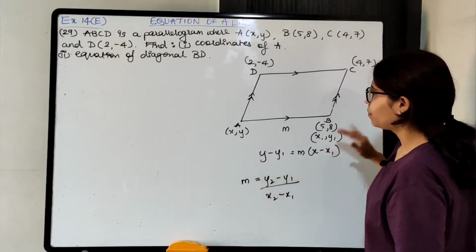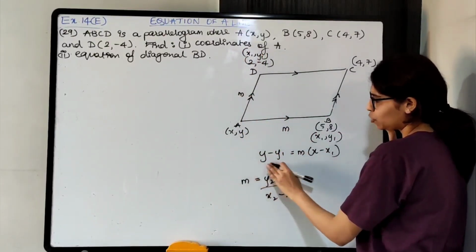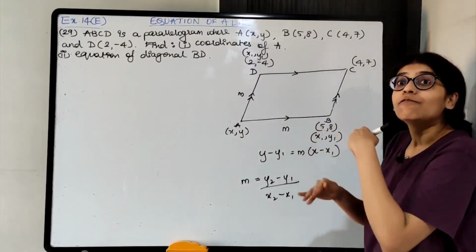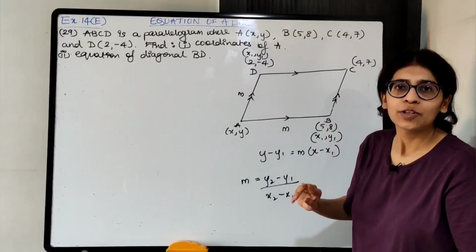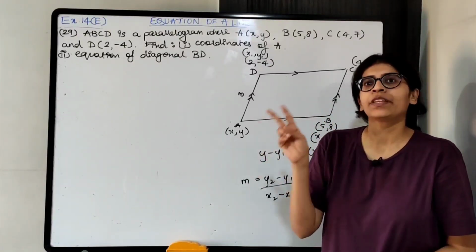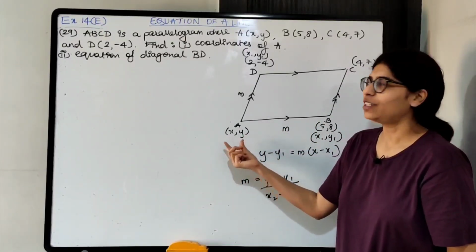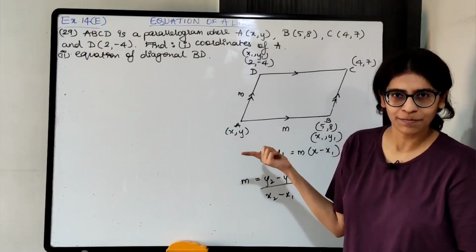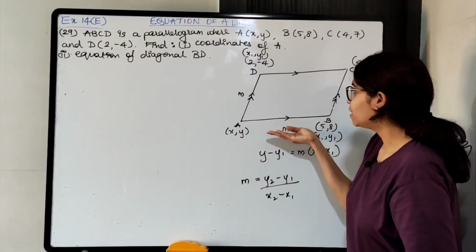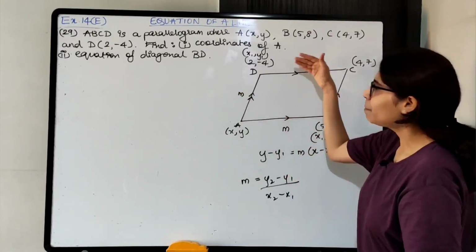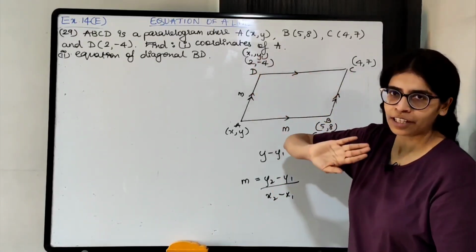Okay, using the formula. यहाँ पे भी M मिल जाएगा, ये x1 y1 ले लेंगे. So equation frame कर लेंगे AD का and AB का. Once you get the equation of AD and AB, then you will solve the two equations. दो linear equations के form में मिलेगा. दोनों linear equation को solve करो. Solve करके जो x and y का value मिलेगा, that will be the coordinates of the point A. Okay. So for the coordinates, you need the equation of the two lines. For the equation, you need to find their slopes. And their slopes you will get from the parallel lines. Okay. So पहले BC का slope find out करना पड़ेगा, CD का slope find out करना पड़ेगा.